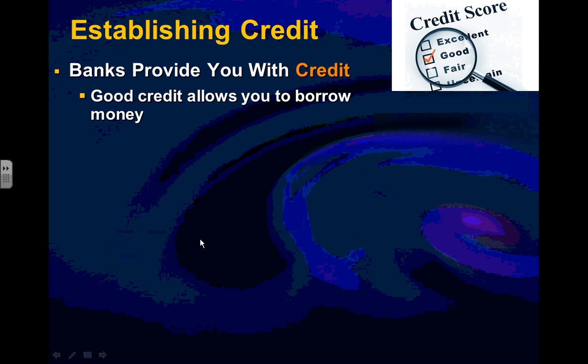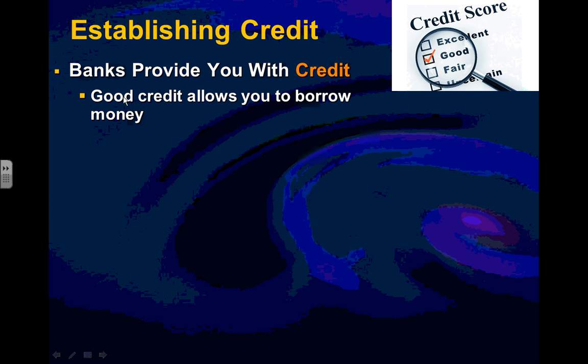One of the other things you may not know about with banks is that they will help you establish a credit rating. You do need a credit rating because at some point in a person's life, you're always going to have a need to borrow money to pay for a car, to pay for a house, to pay for college, three of the biggest transactions you'll make in your lifetime.